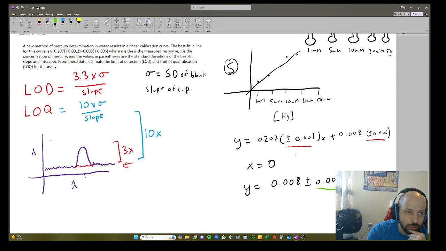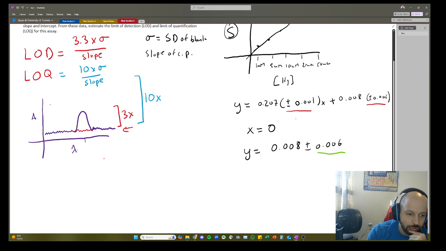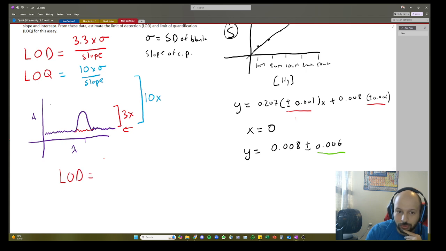So for limit of detection, and I need to do this quickly because I have an NFL game, London game to watch, but for limit of detection, it'll be 3.3 or 3, just use whatever is used in your lectures, times the standard deviation at the x-intercept, which is 0.006, over the slope of the line, which is 0.207. And that's going to give me,